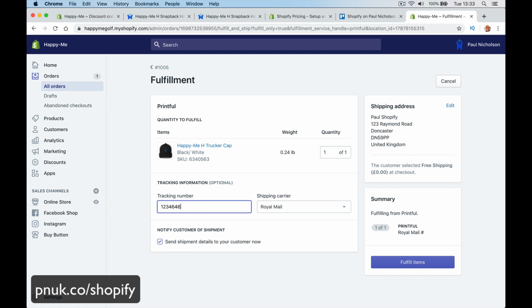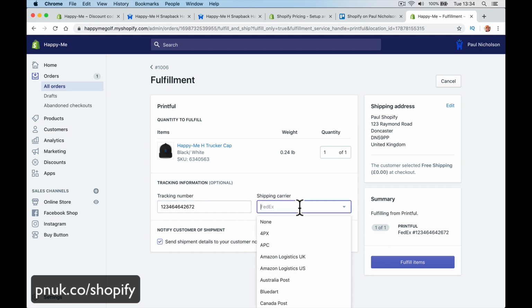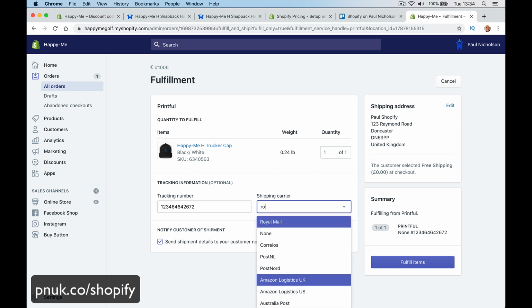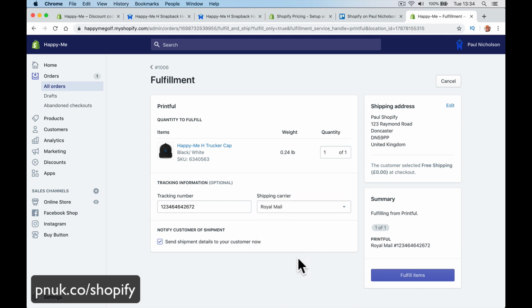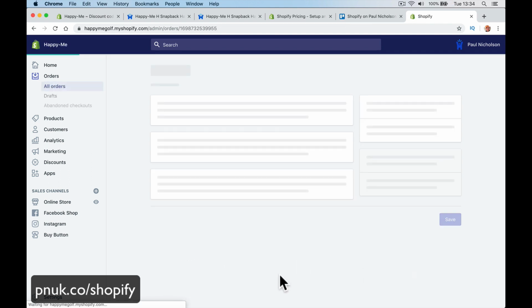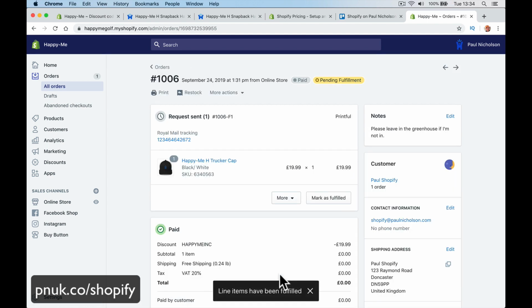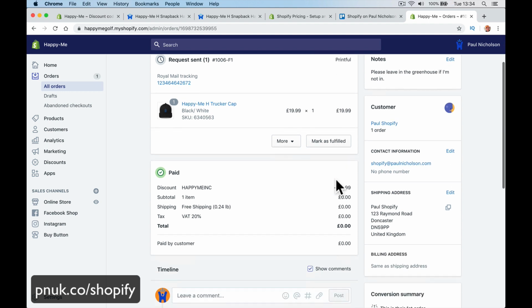So let's go. Right. Oh, it thinks that's FedEx. Well, let's leave it at FedEx, right? I want to go back to Royal Mail, but it might not be happy with the code. Send shipping details to your customer, right? So when I fulfill the item, it will now email my customer and say your item is on the way, right? It's gone pending here because I'm linked to